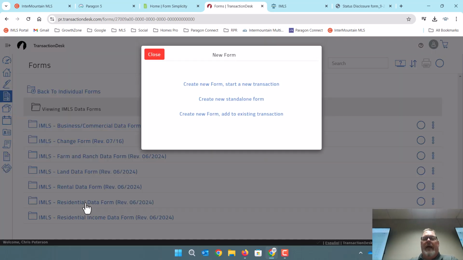Now, when you're working with the data forms, a couple of things to remember. This is both for Instanet and Form Simplicity. The data form, if you're going to import data from a previous listing, can't be connected to a listing already, meaning it can't be in a transaction that you created from a listing that's already in the MLS, because that already has an MLS number attached to it. So the data form, if it's going to be used to create a new listing, it can't already have an